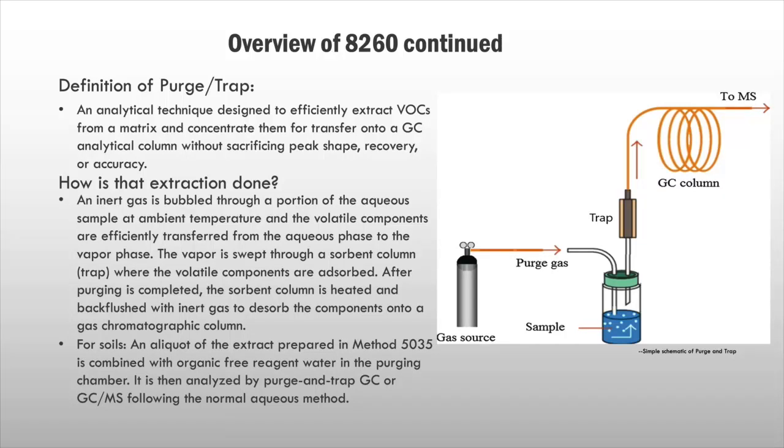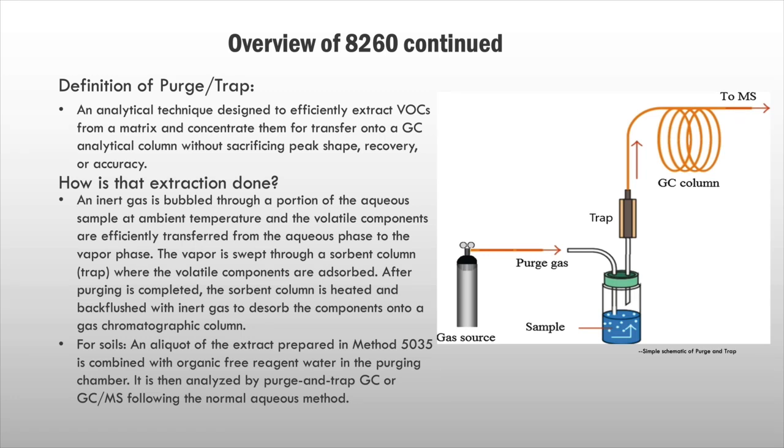The definition of purge and trap is an analytical technique designed to efficiently extract VOCs from a matrix and concentrate them for transfer onto a GC analytical column without sacrificing peak shape, recovery, or accuracy. This extraction is done by bubbling an inert gas through a portion of the aqueous sample at ambient temperature, and the volatile components are efficiently transferred from the aqueous phase to the vapor phase. The resulting vapor is then swept through a sorbent column, what we commonly refer to as a trap, that absorbs the volatile components. After purging is complete, the sorbent column is backflushed with inert gas to desorb the components onto